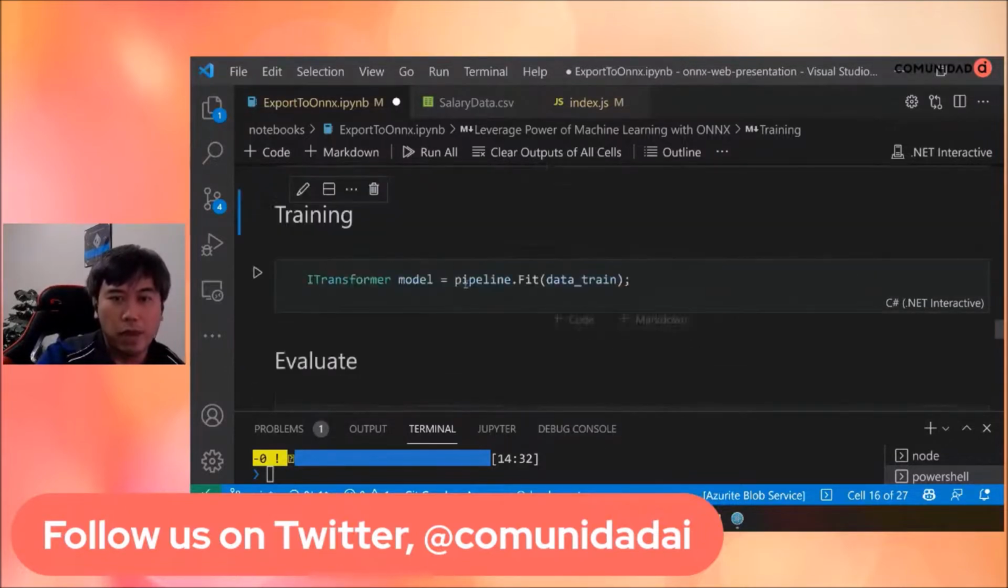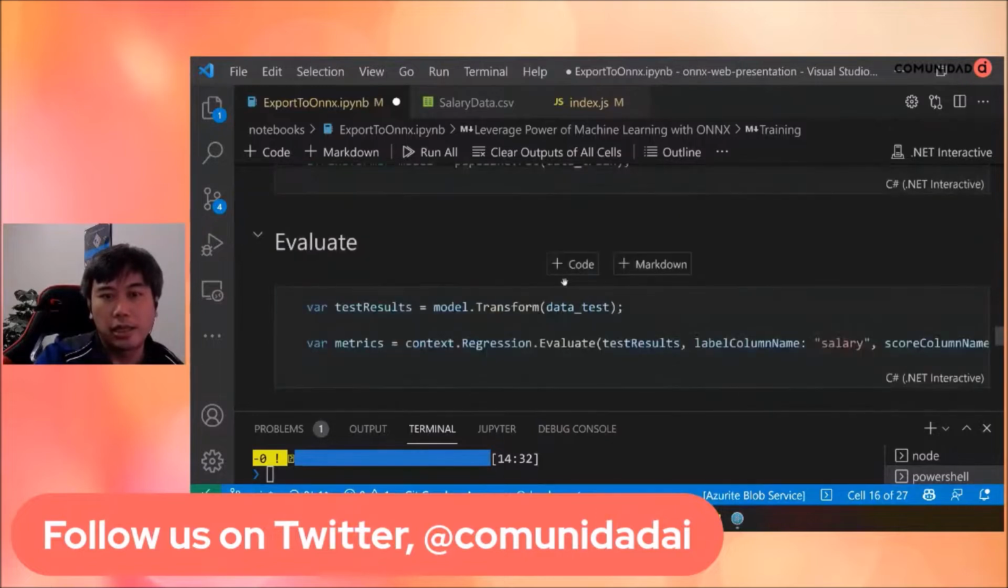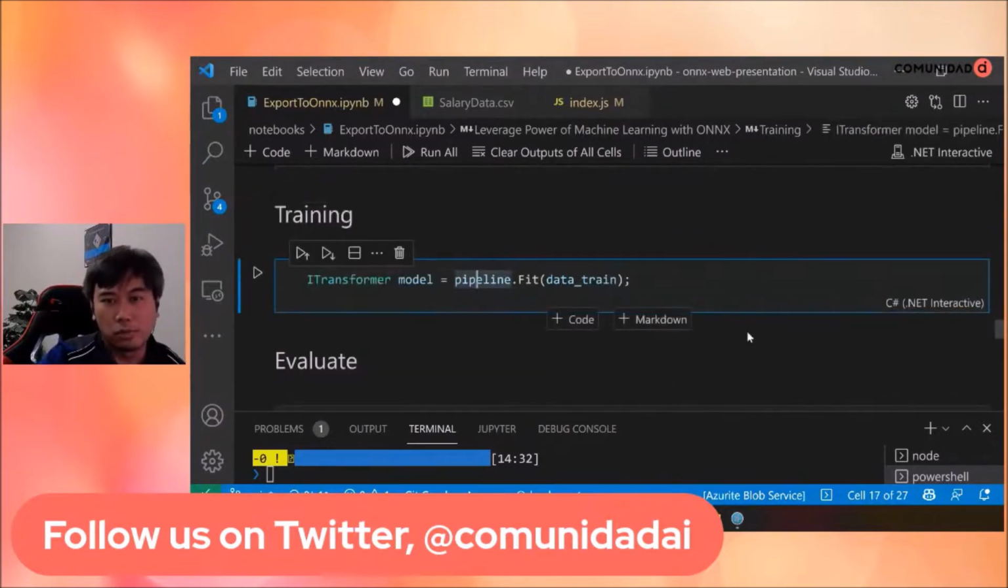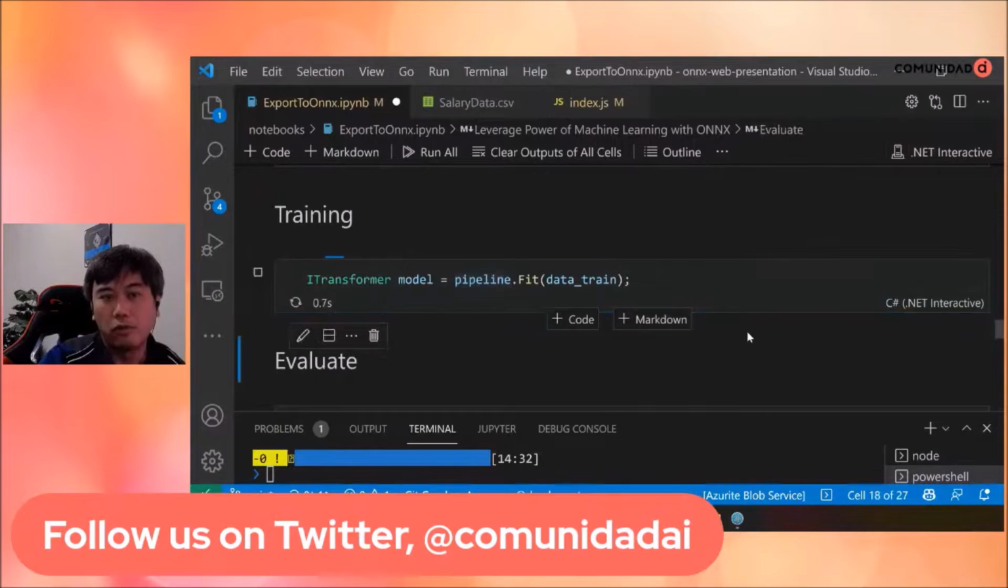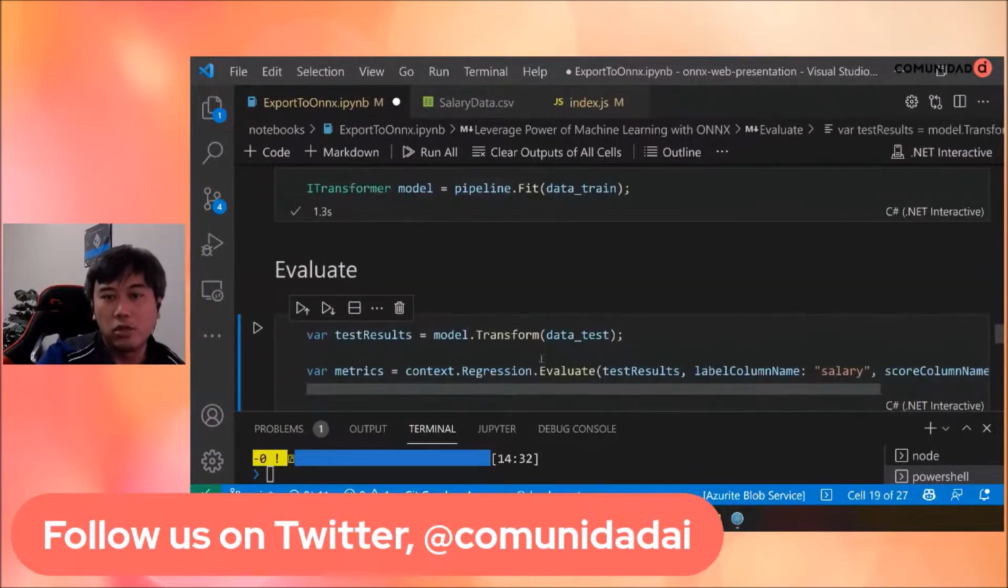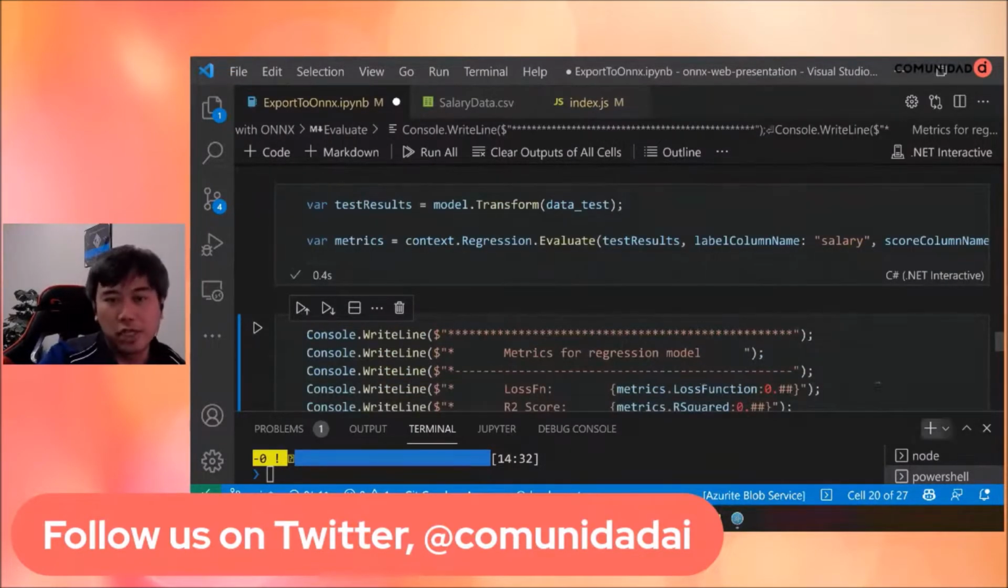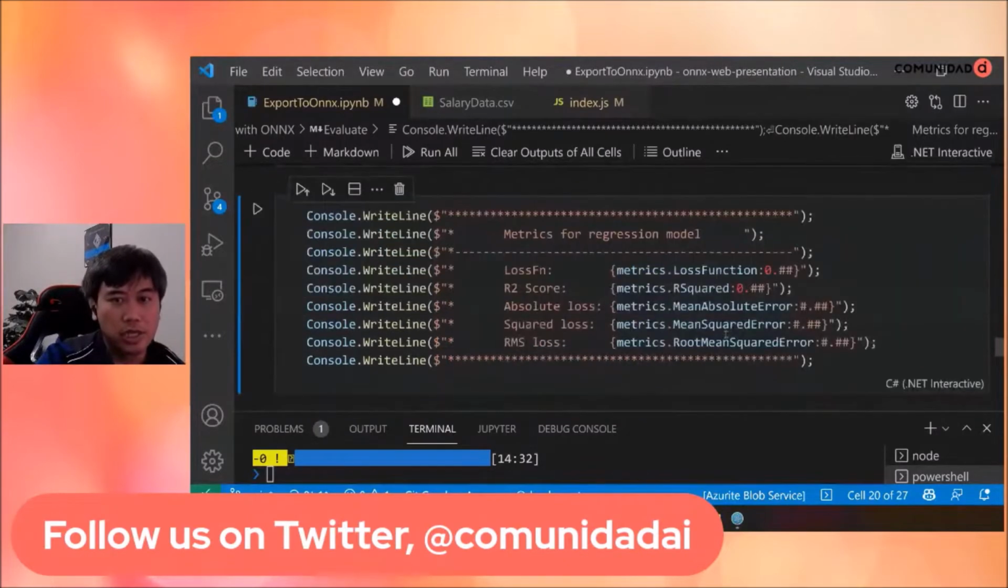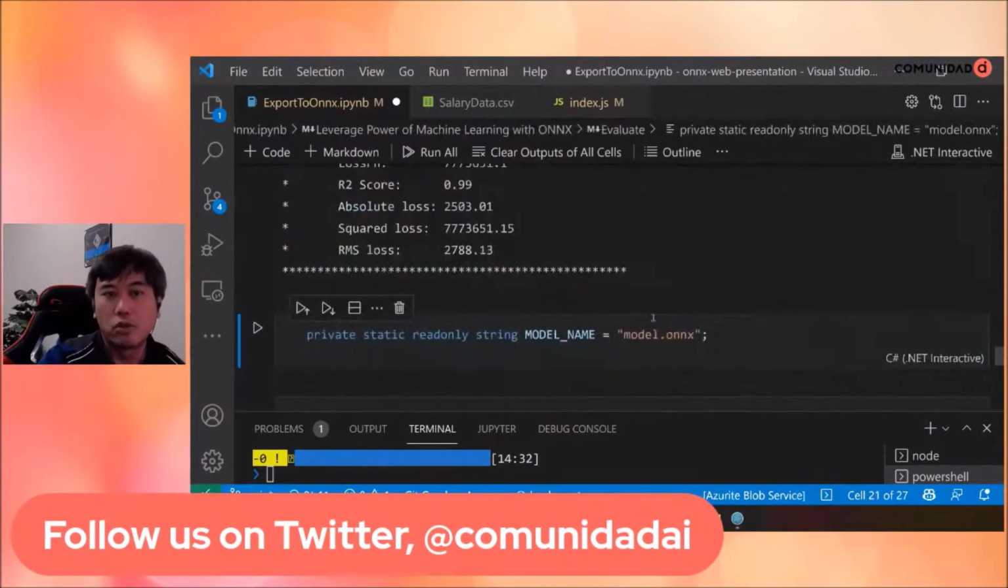There's always that pattern, fit and then transform. So you pass your training data to your pipeline. It would create a transformer. It would create the model for you, and then you can evaluate using transform and pass in your test data set, and that will give you some metrics that you can display to understand how good your model is. For us, what we want to do is to save it to this model.onnx